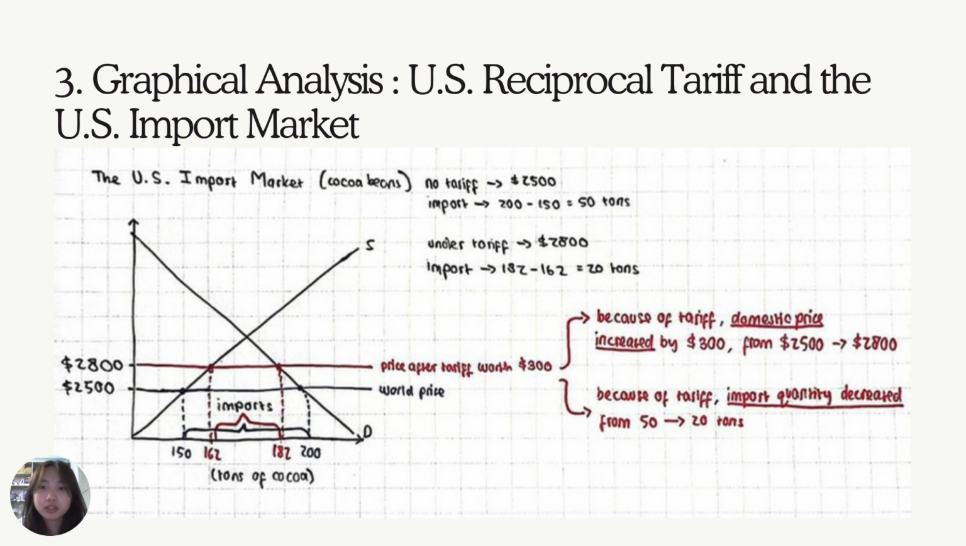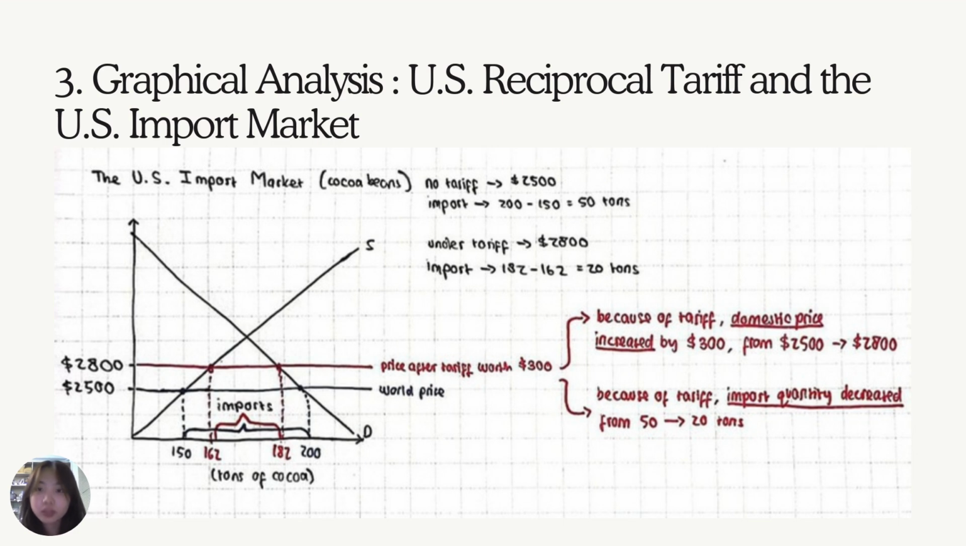Okay, let's move on to the graphical analysis of how the US import market reacts to a reciprocal tariff. This is a graph of the US import market. On the y-axis is the price of cacao beans in the US market, and on the x-axis is the quantity of cacao beans in tons. Originally, under free trade, before a tariff was imposed, the US market sells cacao beans at a world price which was